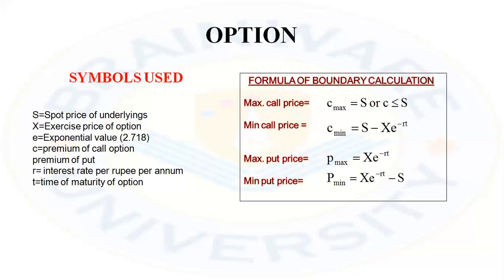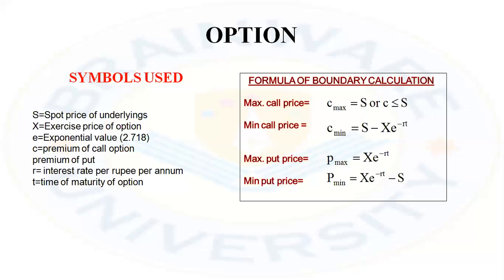From this we deduct the spot price S, and whatever value you get, that is the minimum put price or put premium. So I think the idea of calculating maximum and minimum limit is now clear, but here we have